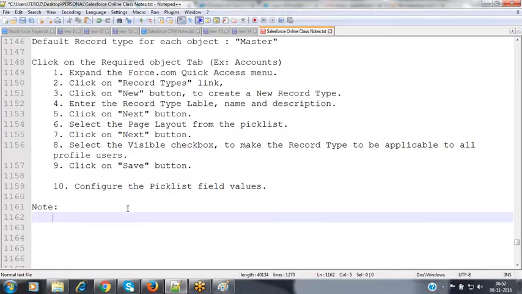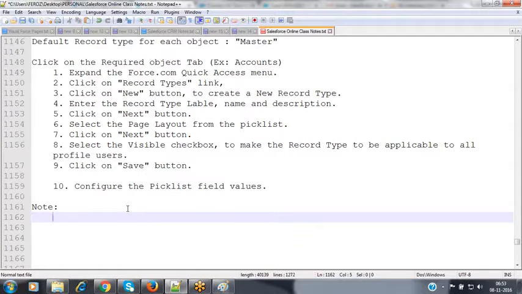But now, whenever you enable the record types on an object, Salesforce will add a new field, which is a standard field called record type ID. Why is it adding this field here? Where are all these record types available? What are the record types that you have created? All the record types will be stored inside a common object called the record type object.